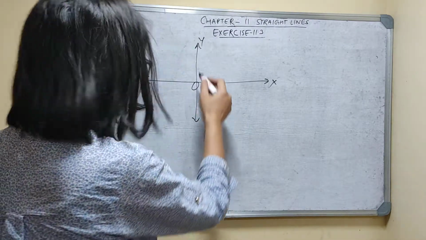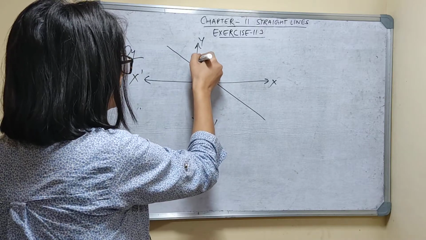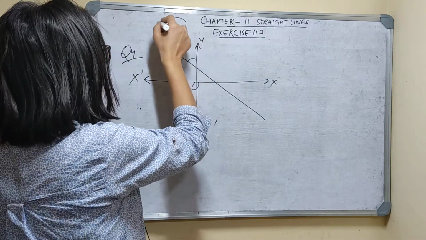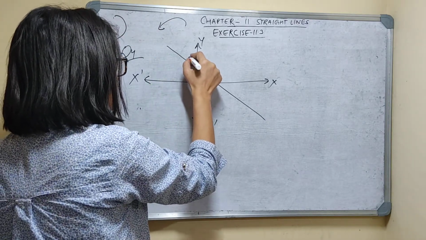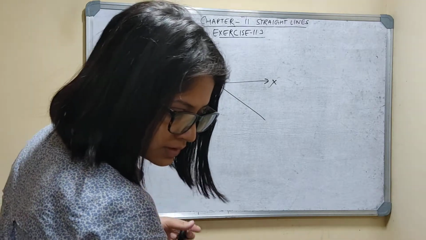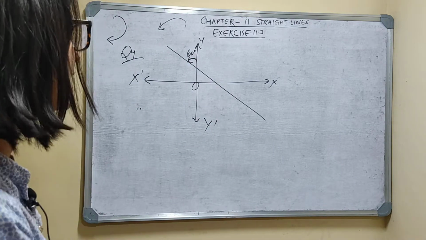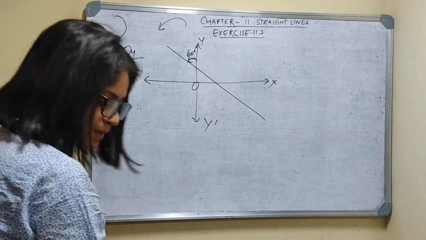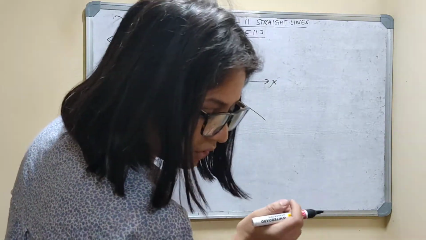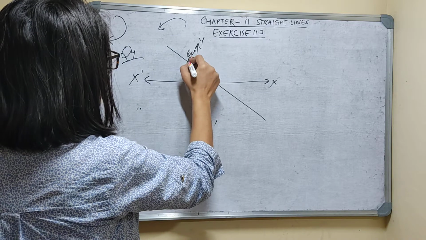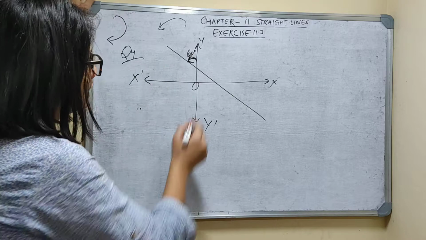So let's say this is the line. The positive direction of the y-axis means from here, and you always have to take the anti-clockwise direction. You can't take the clockwise direction. So from the y-axis I will take like this, which makes an angle of 60 degrees. So this is what? 60 degrees. Is it clear? Which makes an angle of 60 degrees with the positive direction of the y-axis measured anti-clockwise. So anti-clockwise is like this from the y-axis.